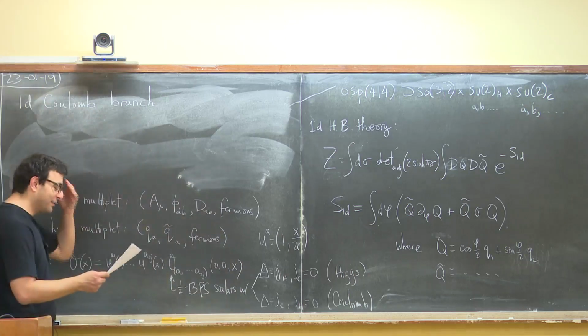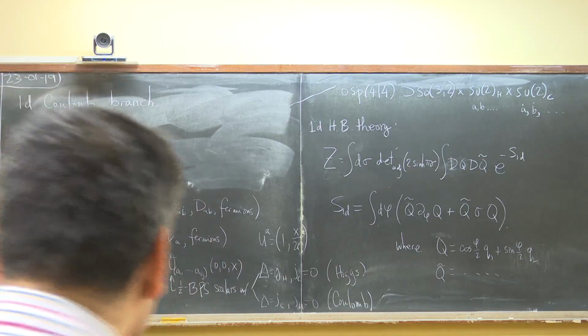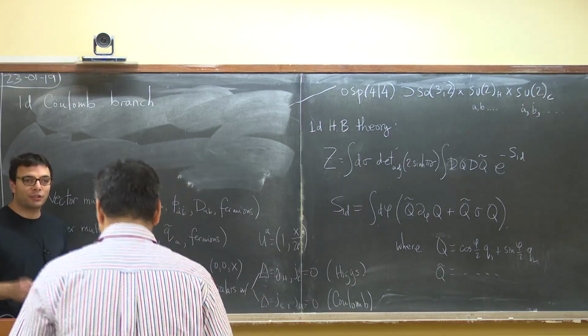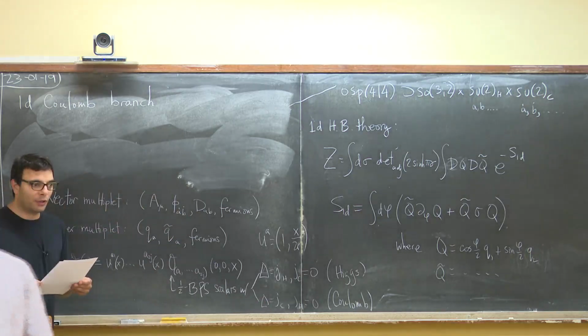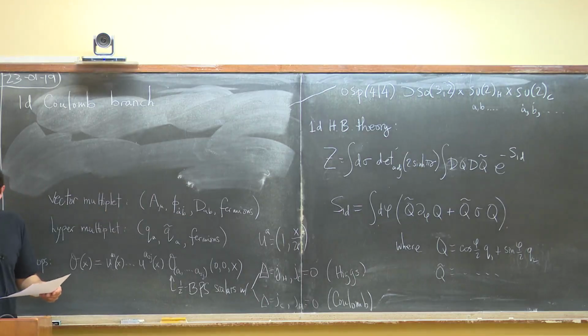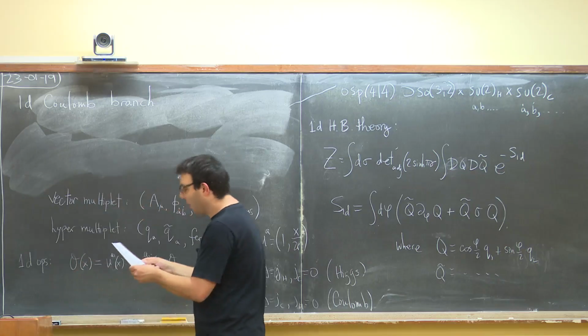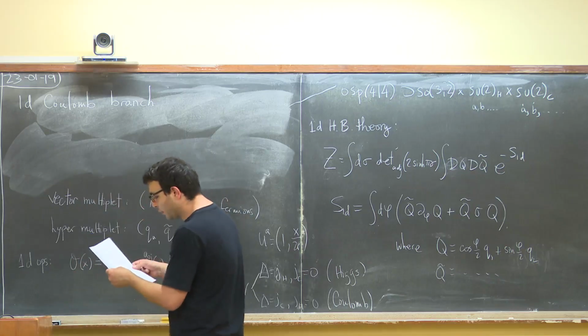Now I was going to describe very briefly the 1D Coulomb branch sector and how one can solve that, and then I was going to talk about the holographic duals of these 1D sectors. So I'm going to put a sharp cutoff on the Coulomb branch discussion so that I get to talk about the other thing as well, okay? So the 1D Coulomb branch sector,